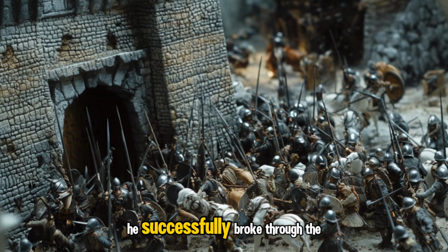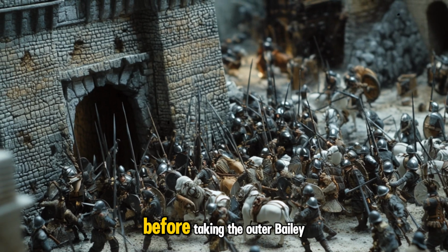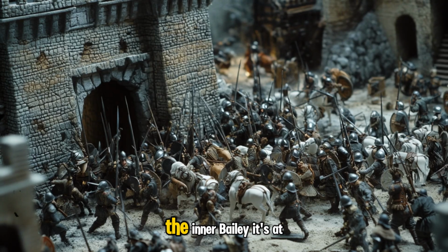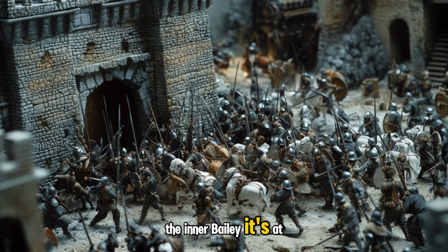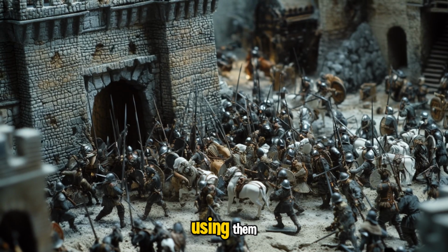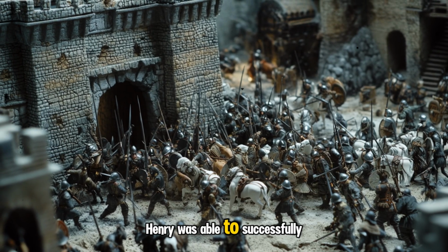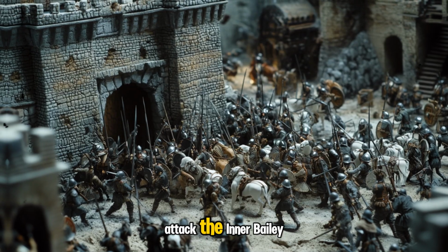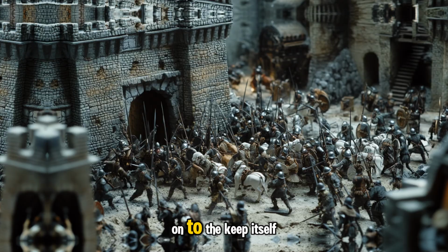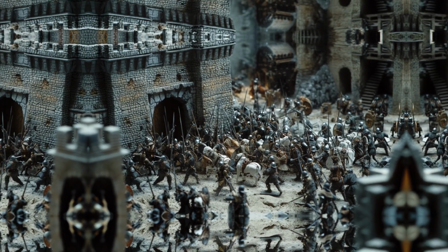fortification. He successfully broke through the outer barbican before taking the outer bailey, coming up to the final layer of defense, the inner bailey. It's at this point Henry chose to use his miners to reach the inner keep. Using them, Henry was able to successfully attack the inner bailey and capture it before moving on to the keep itself. On August